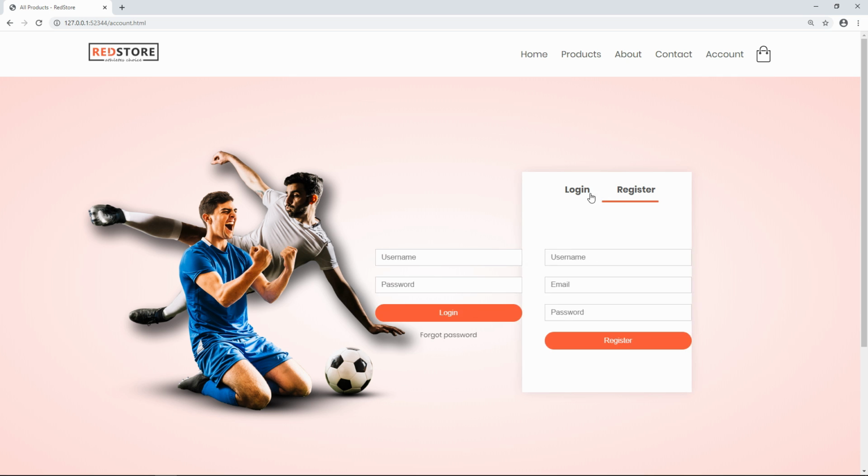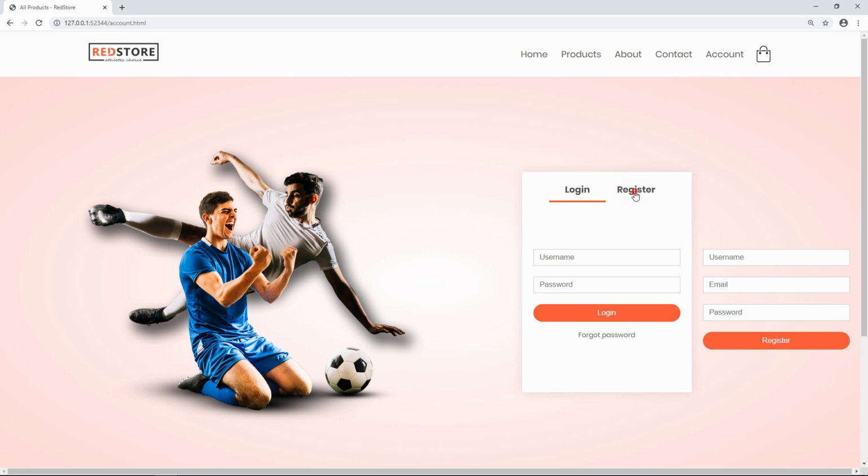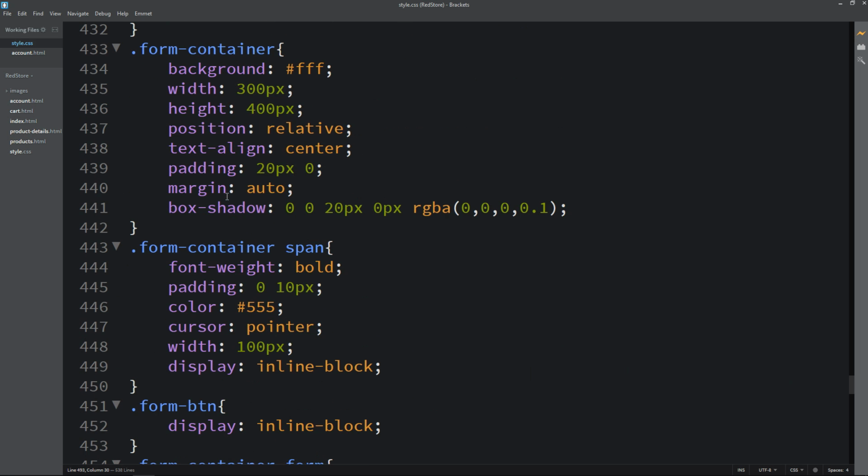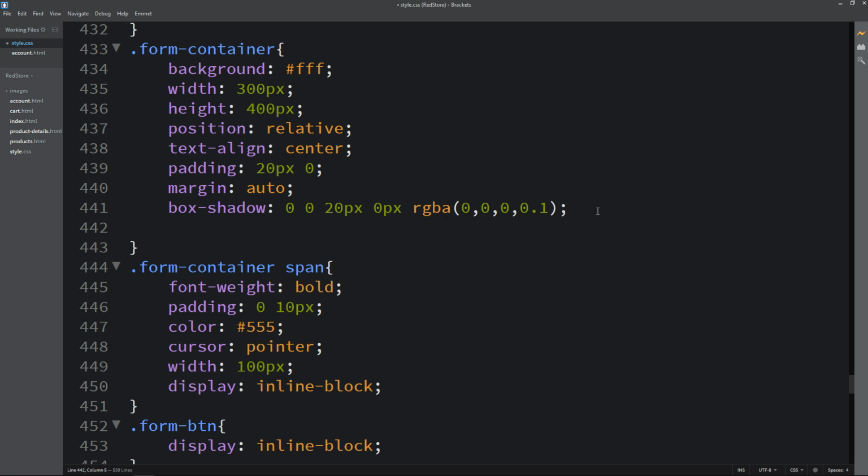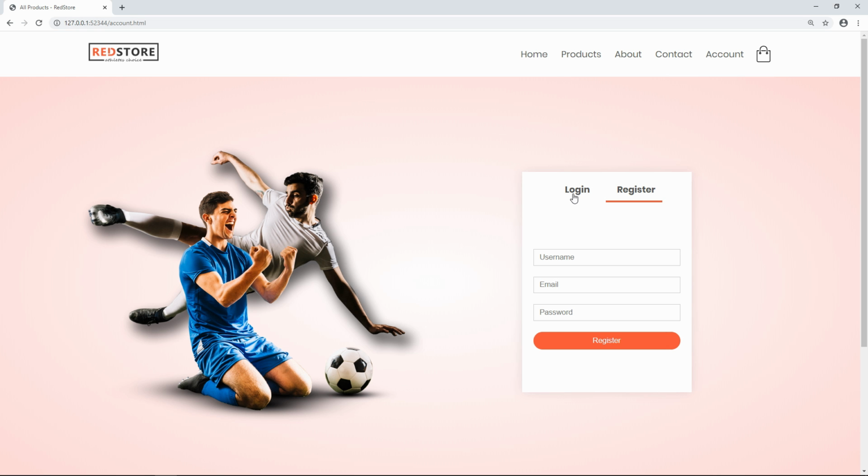Next we will hide this form after this div. So just come back in the CSS file. You can see we have written this class name form container. So here we will add overflow hidden. That's it. After this overflow hidden, we will again come back to the page, and if I click here, you can see this form is not going beyond this white box. So right now you can see this form is looking very nice and this click event is also working nice.